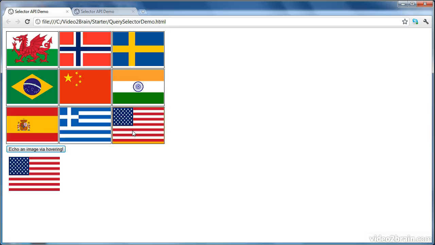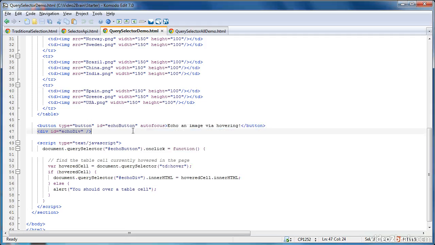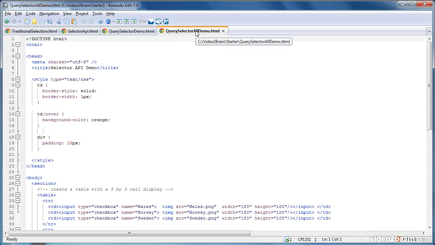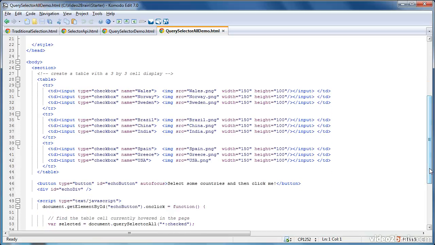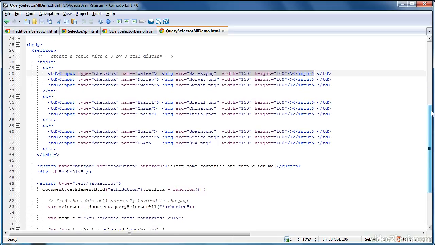The last example we're going to have a look at is how you can select multiple elements. So let me go back into the editor and show you this example. Fairly similar to before, I've adjusted it slightly. I still have a table that has 9 flags, but this time each cell in my table contains a checkbox, and the checkbox has a name: Wales, Norway, Sweden, and that's relevant for the example. Each cell also displays an image, so the user can actually see something. Okay, so in each cell we have a checkbox and an image,